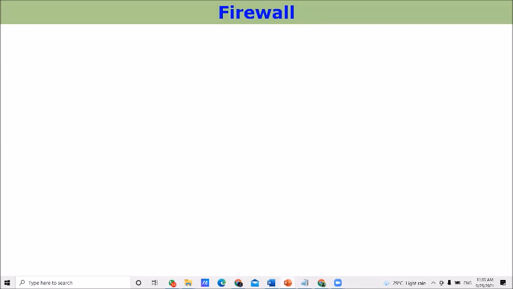The front end means your location, the client location. The back end means the server location. Both of these locations should have a firewall to secure against unauthorized access or any other unauthorized things. That's the purpose of having a firewall. Normally, you can see a firewall on your computer as software or hardware. Right, it is available in both forms.